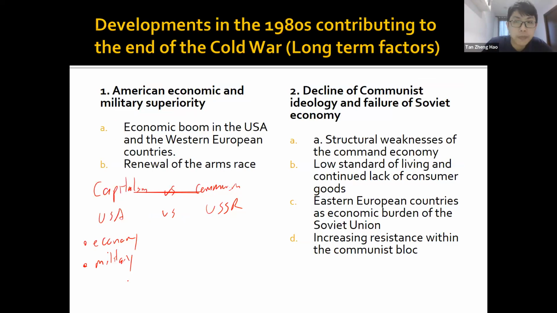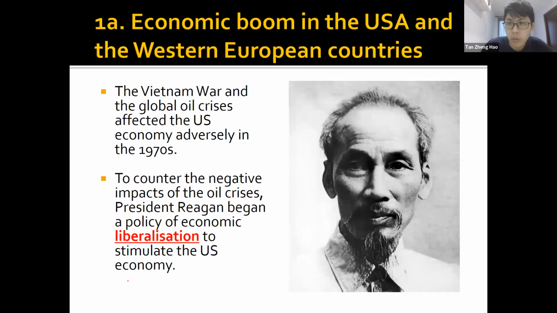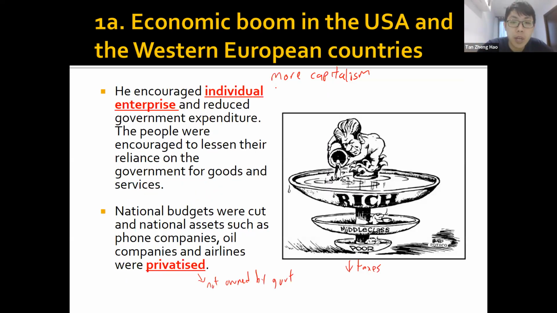Okay, so the US was very wealthy during World War II, most richest country, most powerful country. After World War II, it continued to be so. And one of the reasons in the 70s, 80s especially, the economy of the US expanded, it grew very rich, partly because of this policy called economic liberalization. So what this liberalization, it basically means more capitalism. President Reagan encouraged US business, individuals to do more business, create more jobs, make more money, and this helped to